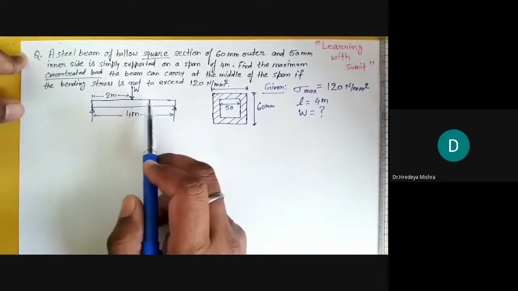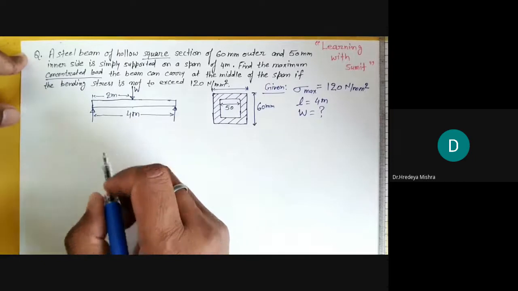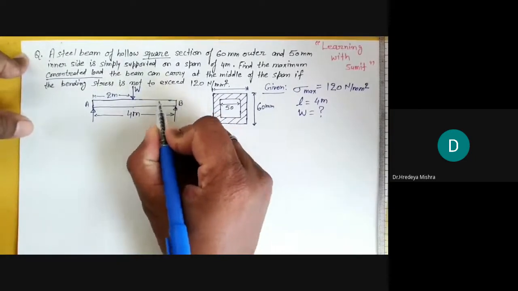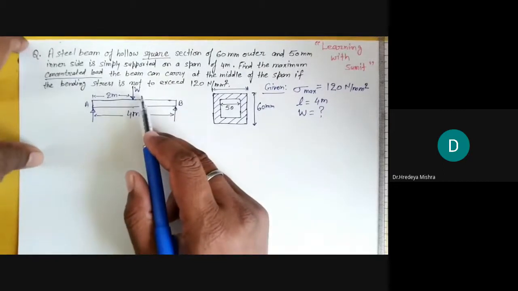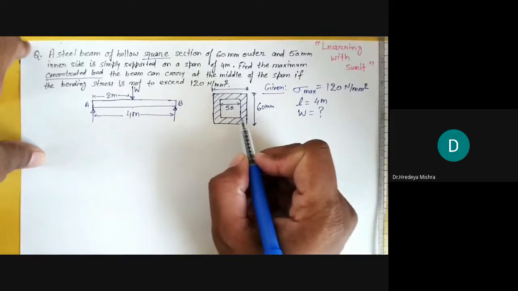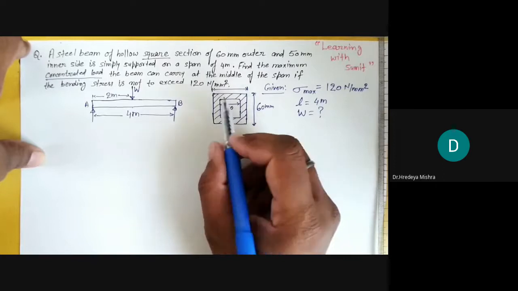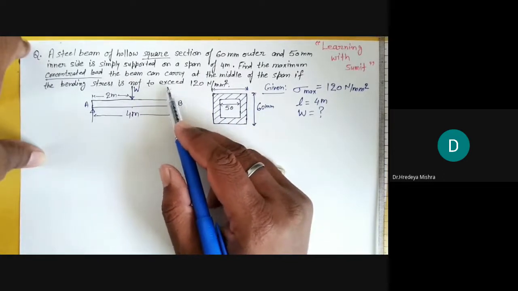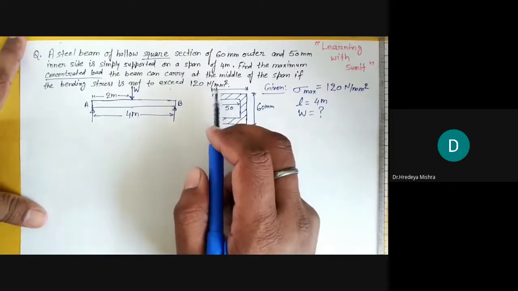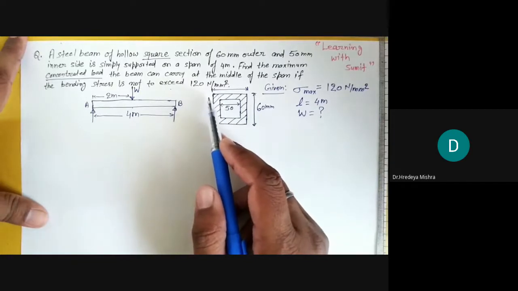आपको गिवन है एक बीम जिसकी लेंथ है 4 मीटर। और आपसे कह रहा है कि इस बीम के सेंटर पे कितना लोड मैक्सिमम अप्लाई कर सकते हैं, अगर बीम का क्रॉस सेक्शन हॉलो है, जिसमें आउटर डायमेंशन 60 और इनर डायमेंशन 50 है। ये आपसे पूछ रहा है लोड कितना होगा। और ये भी कह रहा है कि बेंडिंग स्ट्रेस 120 न्यूटन पर एम स्क्वायर से ज़्यादा नहीं होना चाहिए, यानी मैक्सिमम बेंडिंग स्ट्रेस 120 N/m² होना चाहिए।